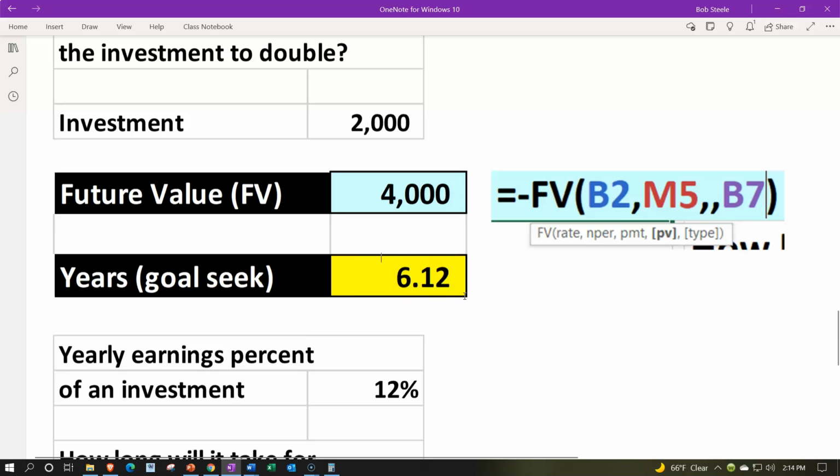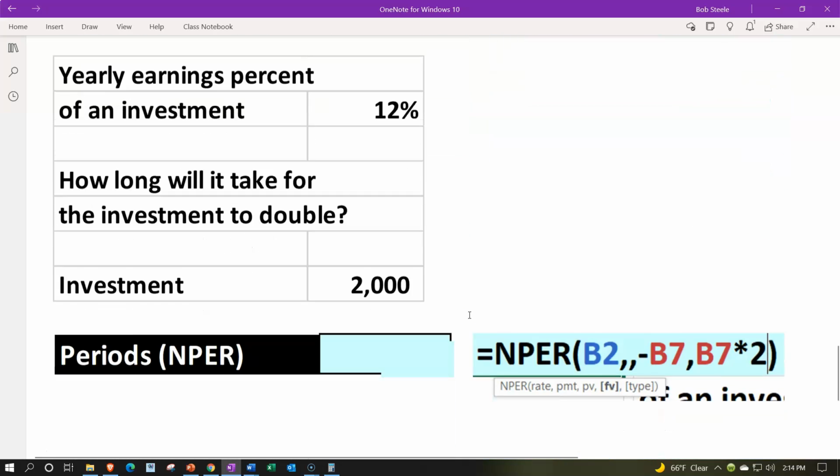But we can imagine the same scenario if this was at something other than 6.21, like 10. We can imagine just being able to get down to the correct number by typing 9, typing 8, and so on. Trial and error method to get this number close to what we think it should be, 4,000. We can get it, in essence, exactly what it should be by asking Excel to do that, which Excel can do quite easily using the goal seek feature, which we do in the Excel practice problem, if you want to